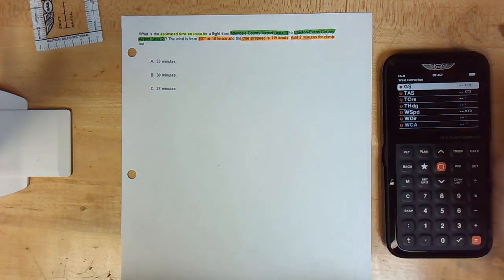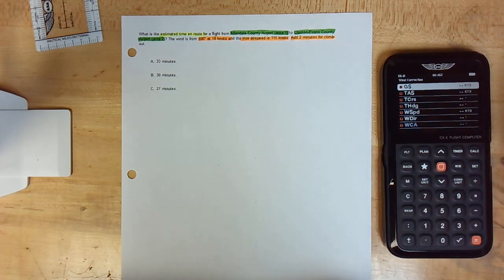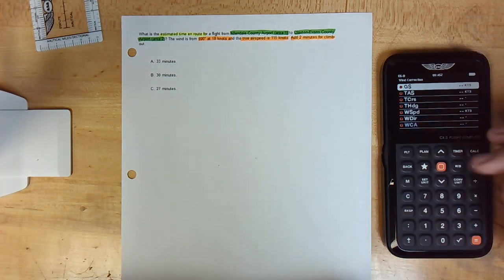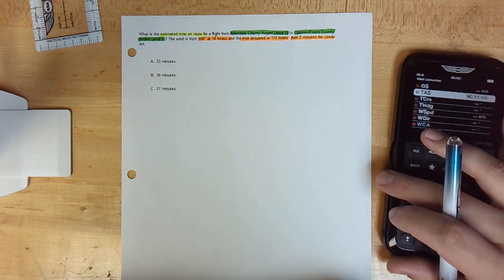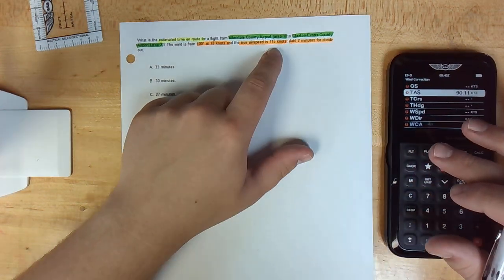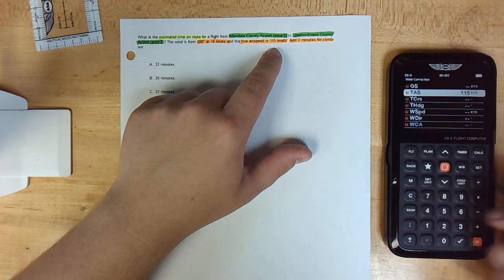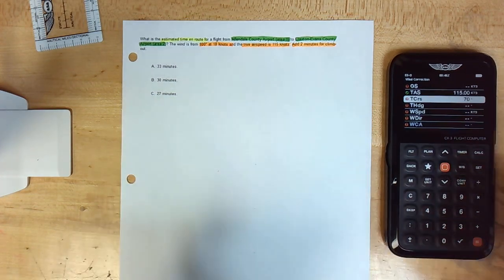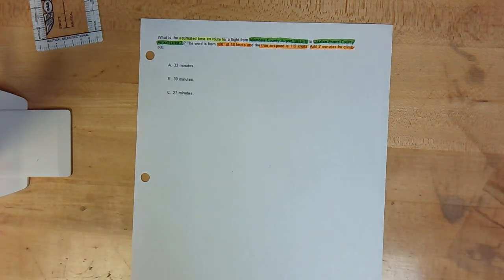So there are some pieces of information that we need. We're going to start by just plugging in everything we possibly can. We don't know our ground speed. We do know our true airspeed, 115 knots. We don't know our true course yet, so we have to go find that. The way we do that